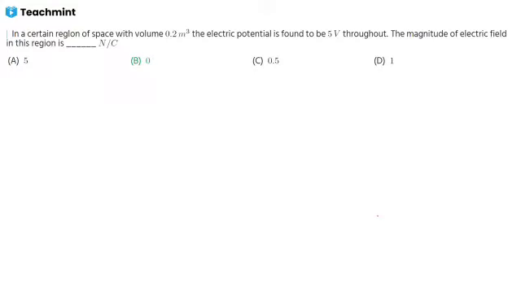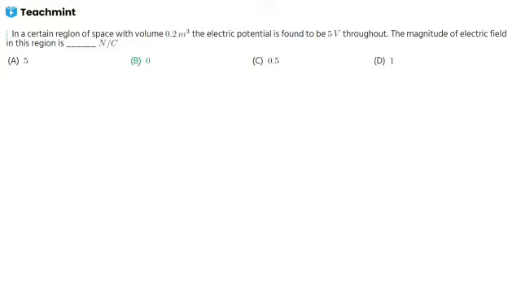Next question. In a certain region of space with the volume given, 0.2 meter cube, the electric potential is found to be 5 volt throughout. The magnitude of the electric field in this region? So inside, okay, there will be potential, but electric field is zero, as we already discussed in the